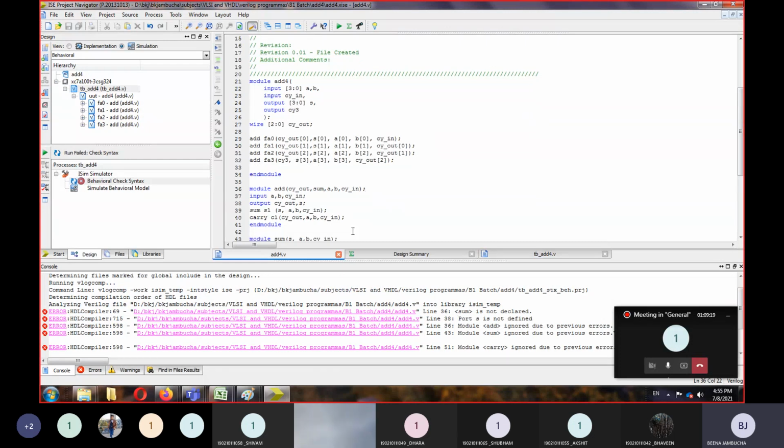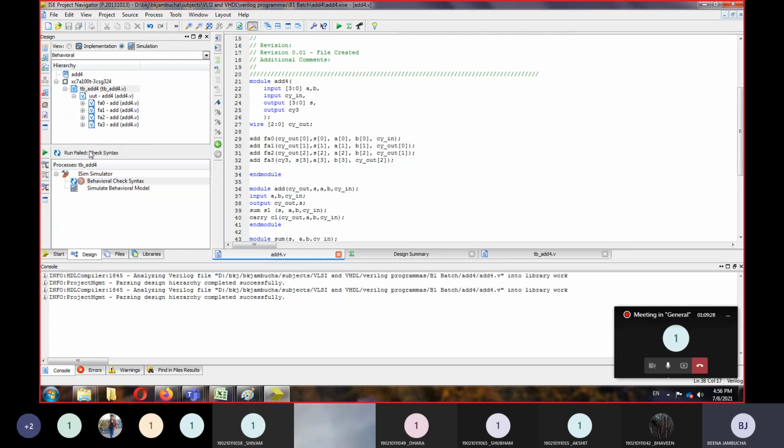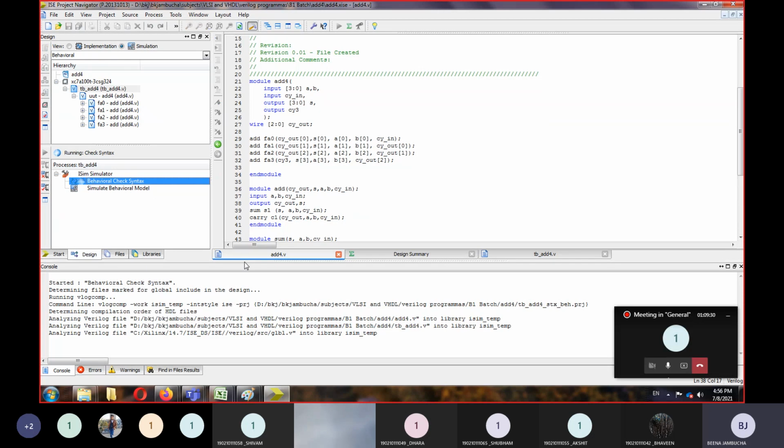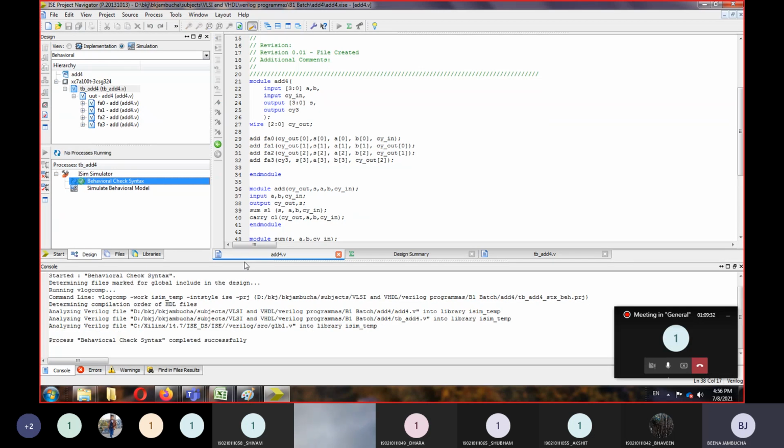Okay, because here we had taken only s. Okay, and save. So let's again check for the behavioral check syntax. So behavioral check syntax is completed successfully, and let's simulate it.